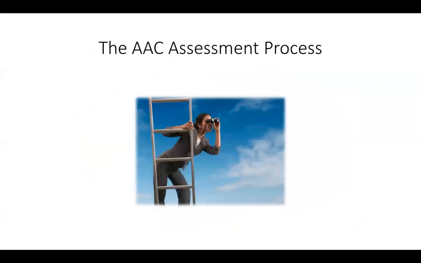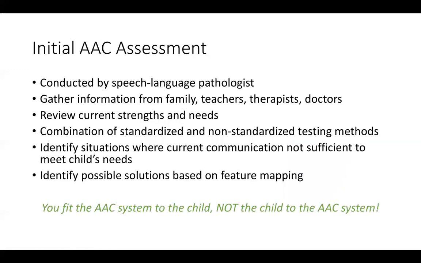So some of you might be thinking that one or two of these strategies may work well for your child, and you're wondering how to go about getting something like that. The first thing that you would want to do is have a comprehensive assessment. These assessments are typically conducted by the speech pathologist, although the speech pathologist is going to gather information from a wide range of sources. So from the child's family, their teachers, therapists, doctors. If your child has significant motor impairment, you definitely want to get the input of that child's OT or PT when it comes to things like seating and positioning and access.